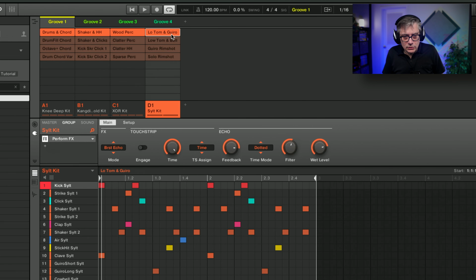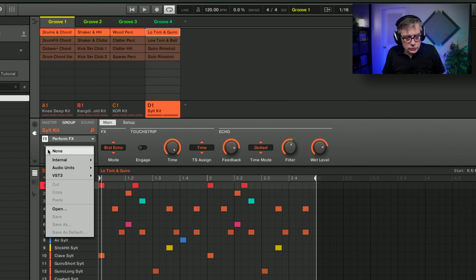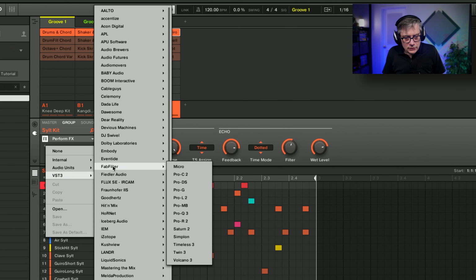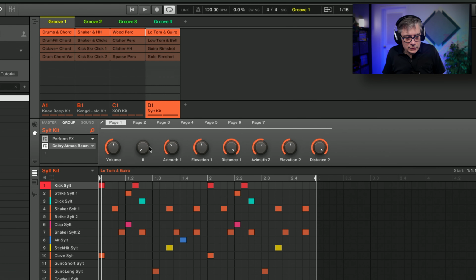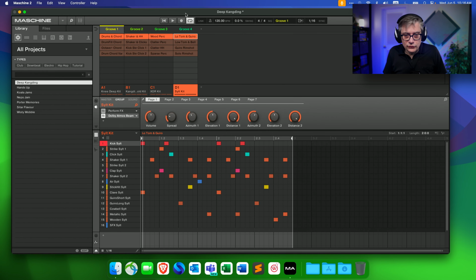And then the final one, we are also going to add a Fiedler Audio Beam plugin here, and for this one I'm simply going to increase the spread, and let's hear what we have so far.